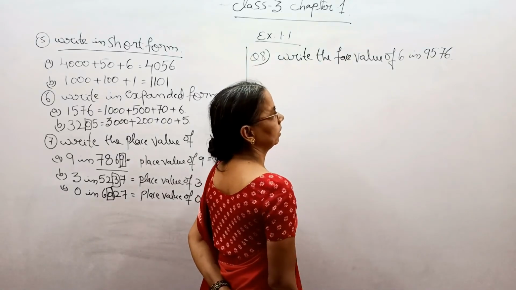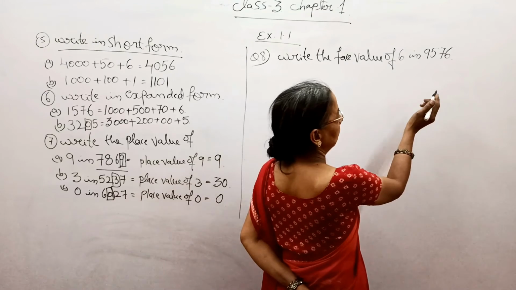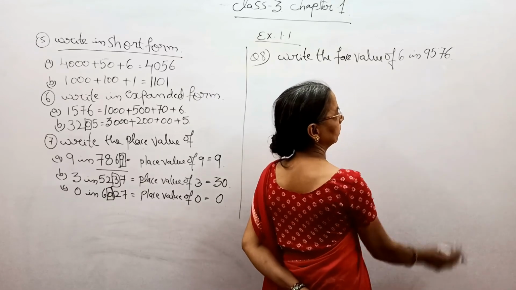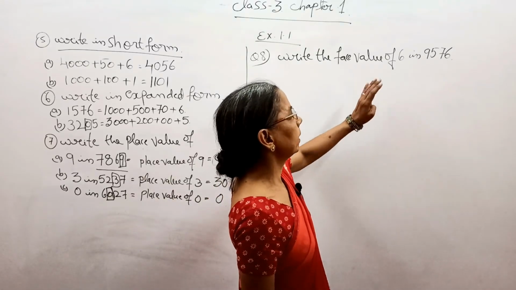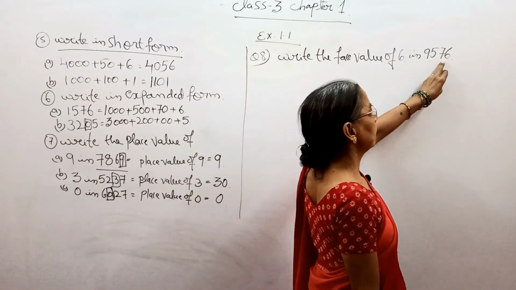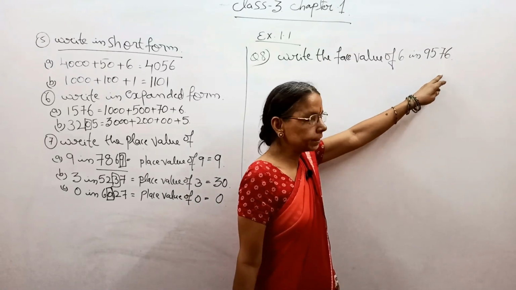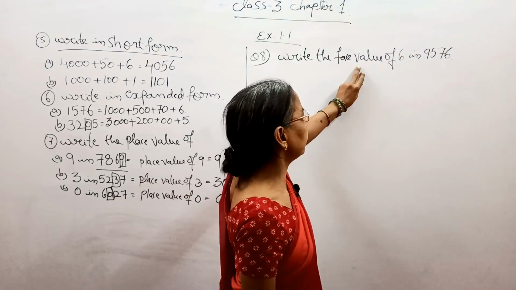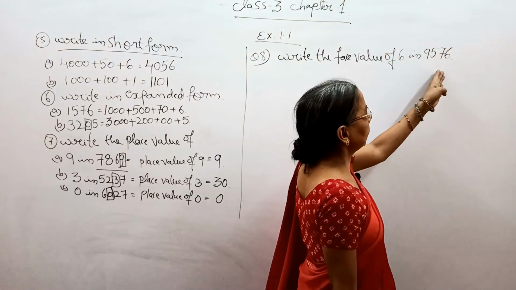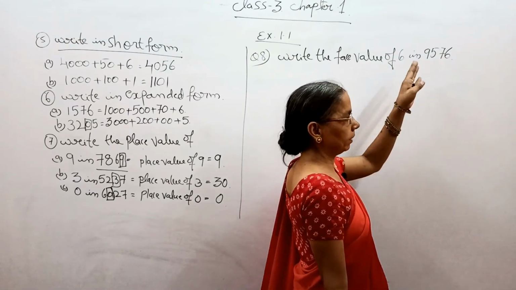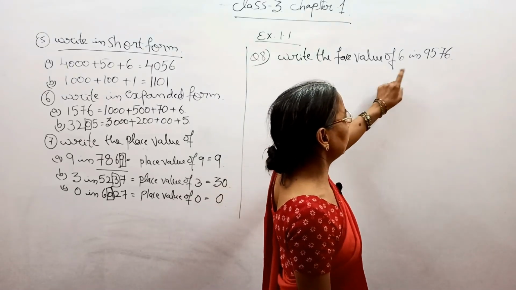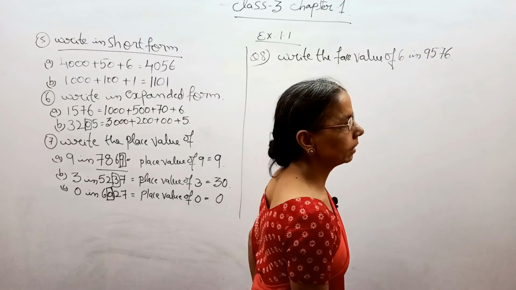It is not changed, but the place value shows the place in which the number is situated. And you can say that according to the place the number is in, the value of the number increases and decreases, but the face value is the same, whether it is in the hundreds or thousands or ones or in tens. Without any change, the face value is the same whatever place it is written in.